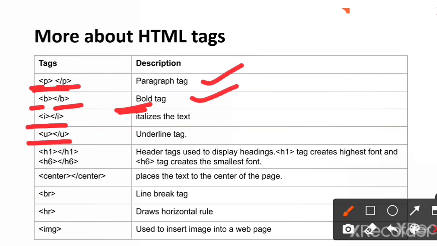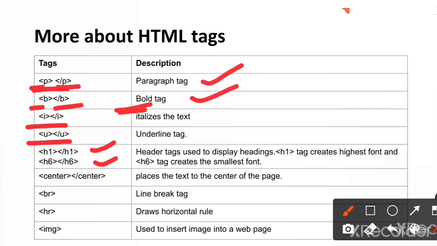Okay, so HTML has 6 font sizes which can be used to define different font sizes for the headers. They are called header tags. It starts from H1 and ends with H6. So H1, H2, H3, H4, H5, H6. So there are totally 6 header fonts. You can use these fonts to give different font sizes to the heading.